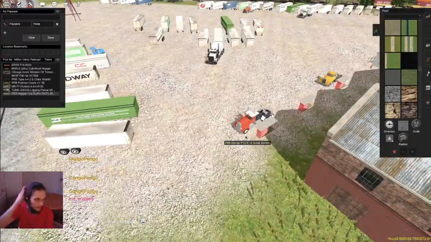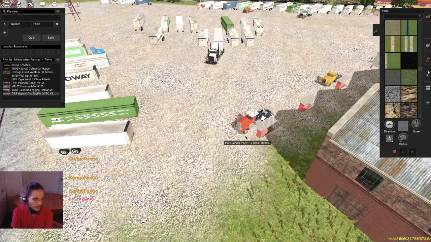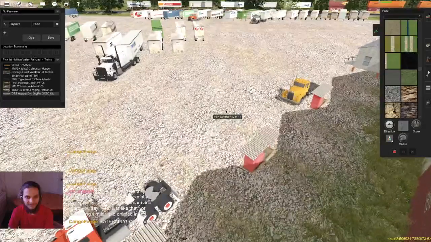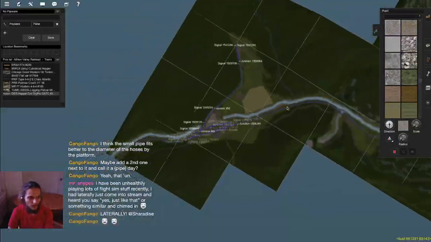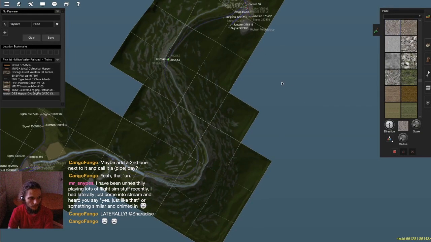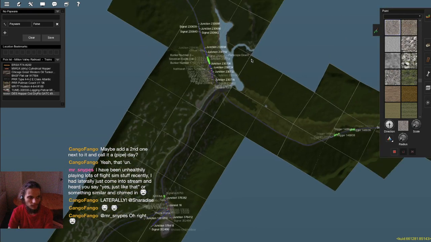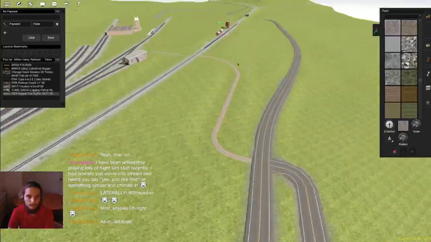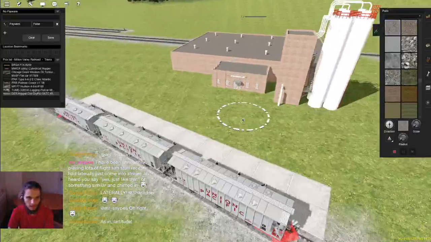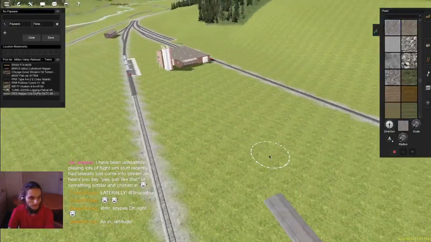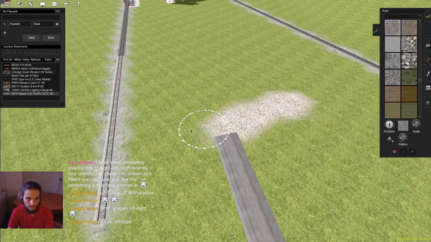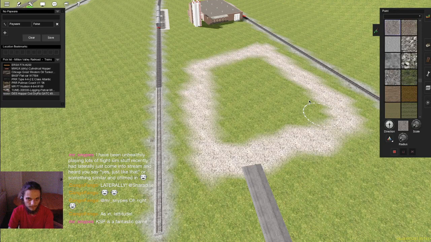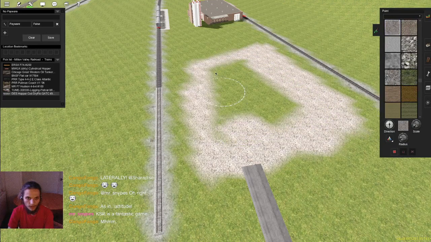I've been unhealthily playing lots of Flight Sim stuff recently. I had literally just come off a stream and heard you say yes, just like that, or something similar, and chimed in. All right. The only flight sim that I really play that I enjoy is KSP, because you can build stuff and you've got rockets and it's creative in that way. I know, I get it. Mm-hmm. And I do want to have more parts of KSP, but